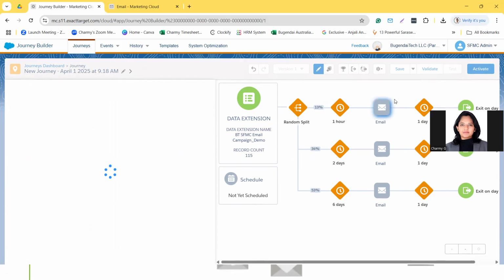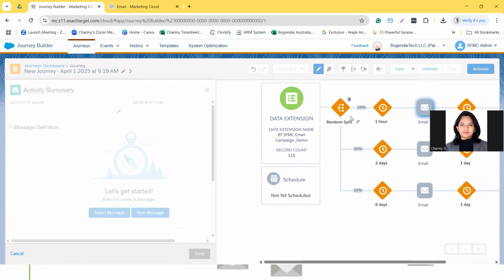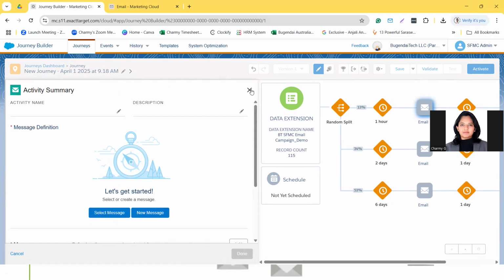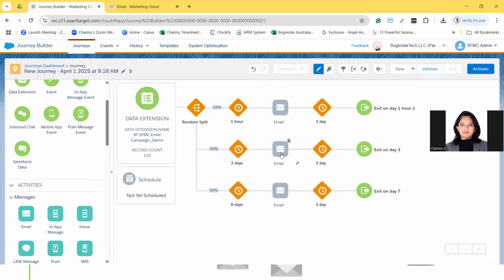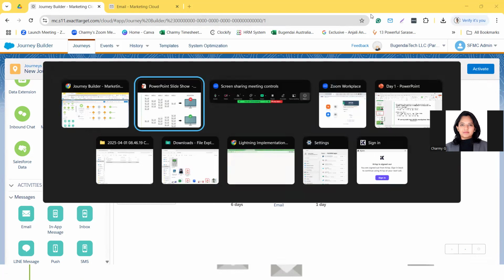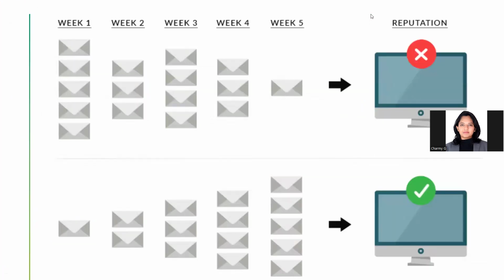But when you start and activate the journey, it will send this email in the first hour to these 13% of records. Then the second part, 34% of records, will receive the email after 2 days. The 53% of records will receive the email after 6 days, but they will receive the same email. So you can follow this strategy. This will help to improve the sender reputation, and this is a part of the